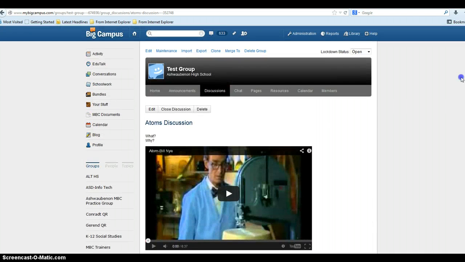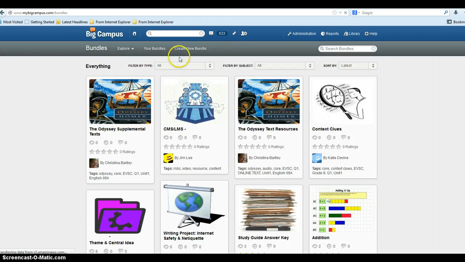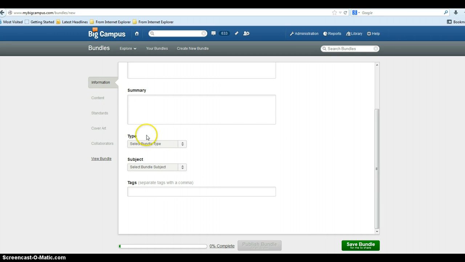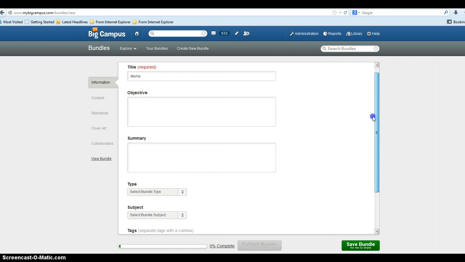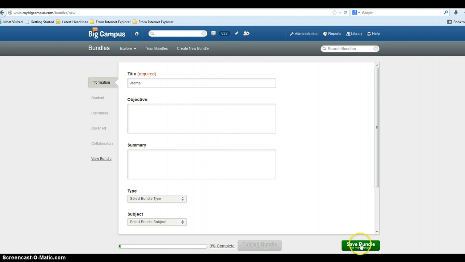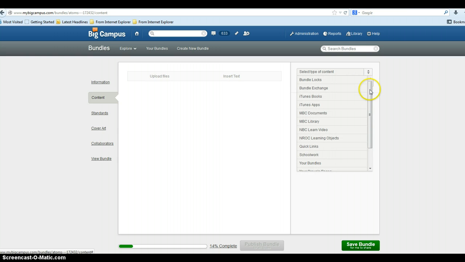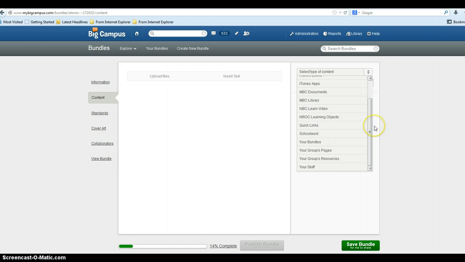You can even take it a step further. There's something called bundles in My Big Campus. And with a bundle, I can create a bundle. And basically with a bundle, you can start choosing content. Oh, it's not going to let me do this until I start adding everything. Okay. So basically, I can upload files, I can insert text, I can select the type of content I want to add, right? So in theory,